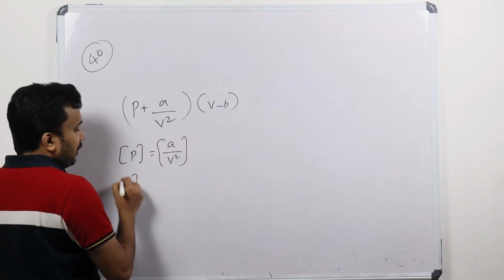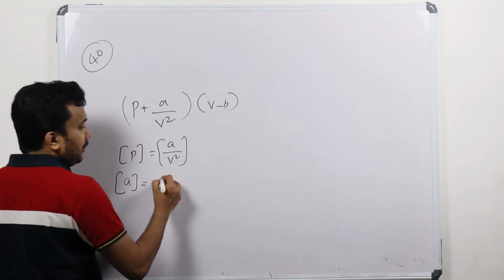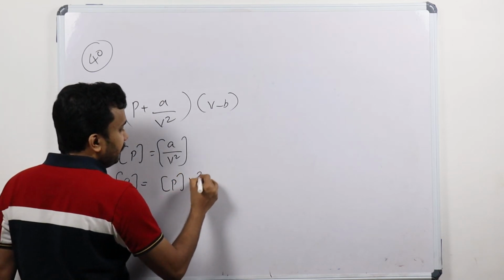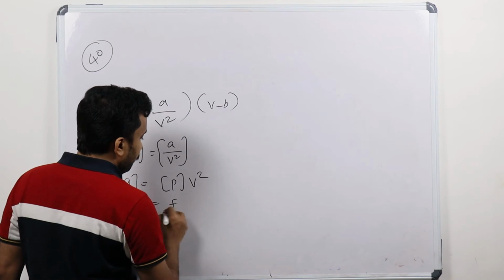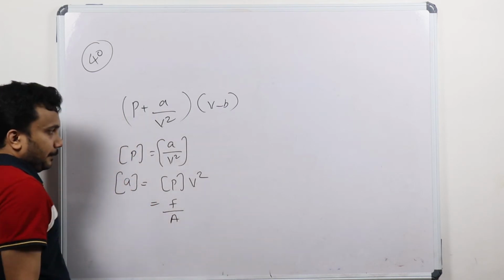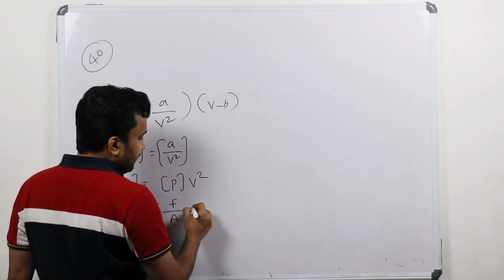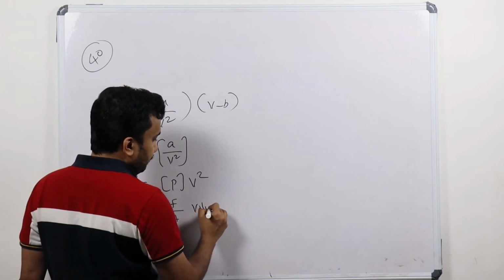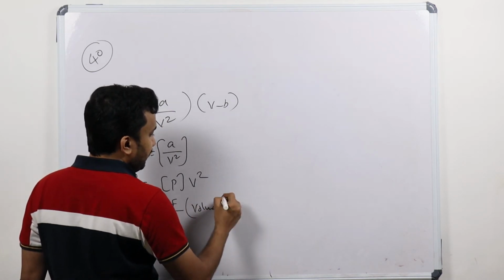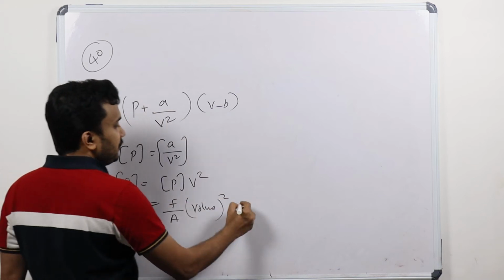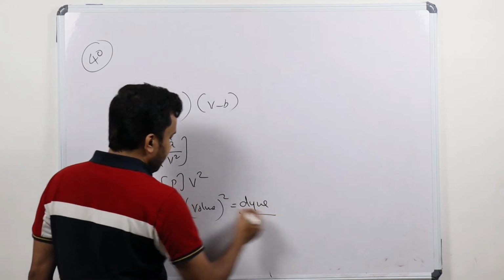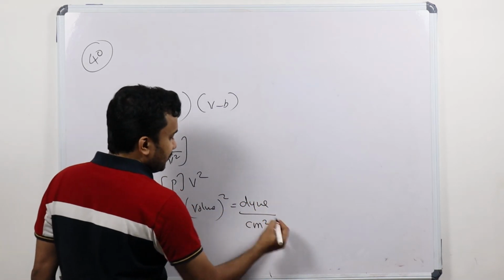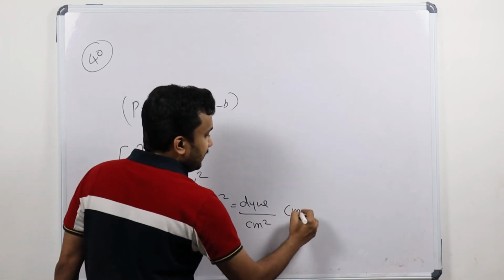So the dimension formula of A, or the unit of A, we need to find out, which means P into V square. So P means force per area. This is what called a volume square. Okay, we'll simplify this. Unit of force is called a dyne, divided by area means centimeter square, volume means centimeter